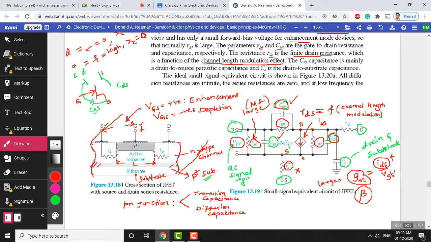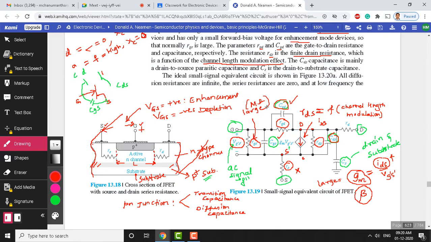Let me repeat that sentence: any JFET which comes with a higher GM means that with a small gate to source voltage, I can have a large drain to source current. You are going to get a lot of benefit from this, right? Okay. So that's about GM. GM is a very important parameter. When we are discussing FET, you need to pay attention to GM. When we are discussing BJT, you need to pay attention to beta. Beta is the transistor gain.